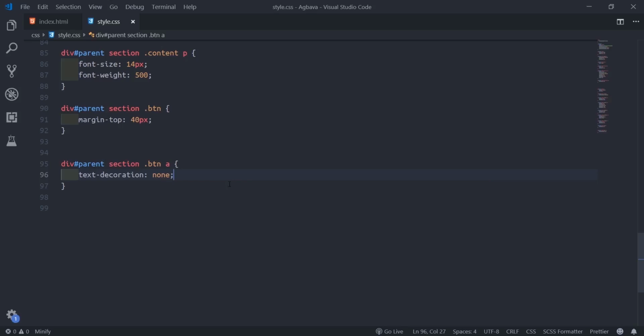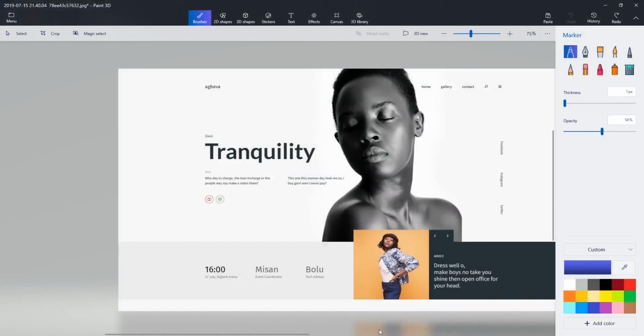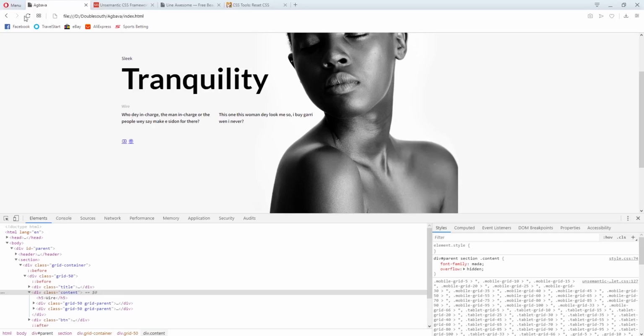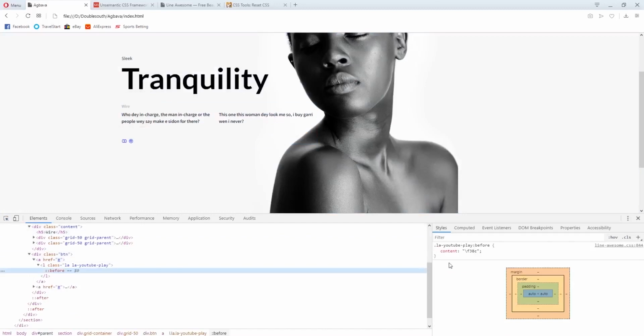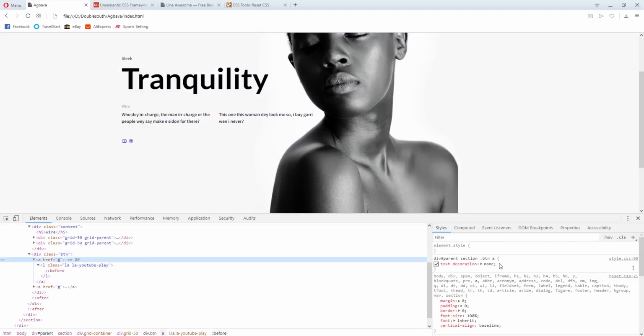And let me look at this again first. Because now we need to create padding around this thing. In fact, I'll call anchor style first. So that I'm not going back and forth. So I'll target this anchor tag now. We already used text decoration none. So that I'll do,